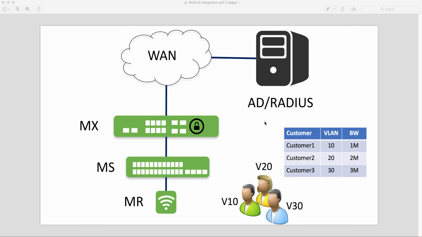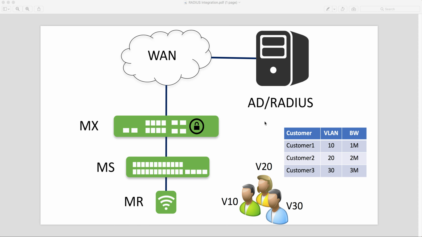In today's demo, we're going to go through shared wireless infrastructure and see how we can host multiple customers using the same infrastructure, and how we can actually apply different policies to different users or different organizations that are using the same infrastructure. So the setup that we have is basically a Meraki access point connected to a switch,